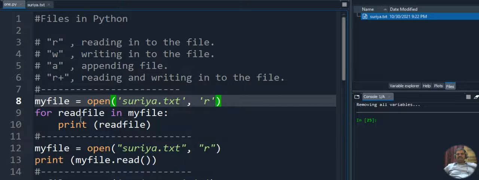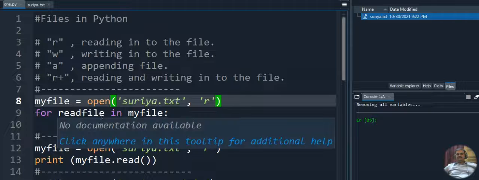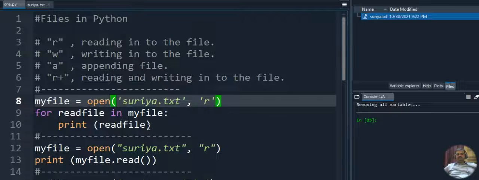I am reading each and every word from the file and displaying it as output. So for read file in my file, my file has the whole content of surya.txt. Here I am reading each and every string and printing it as output.